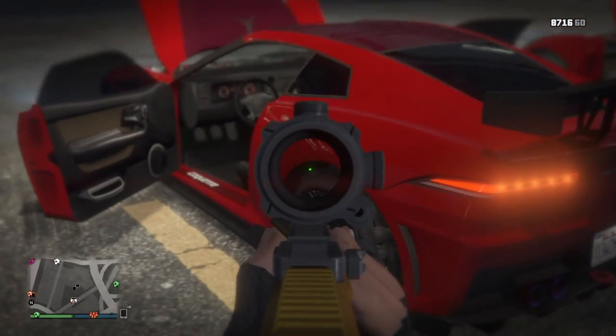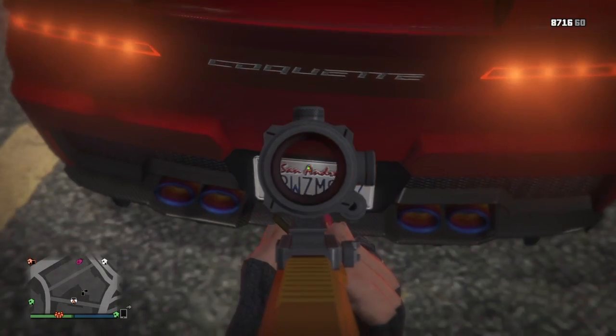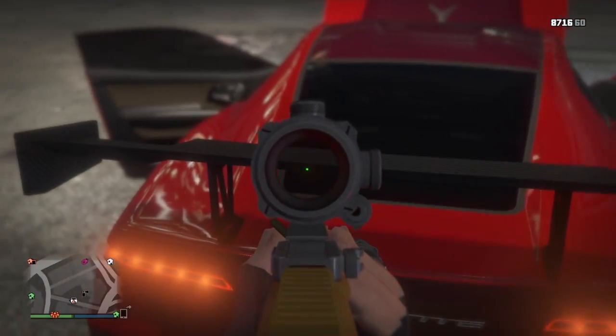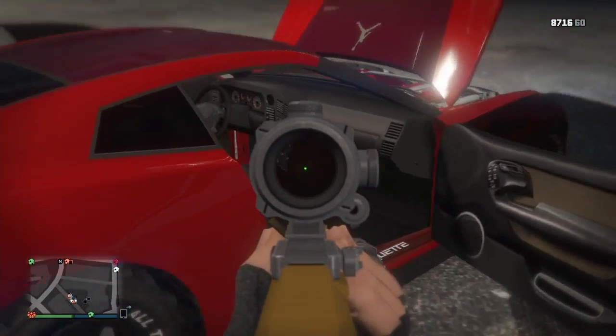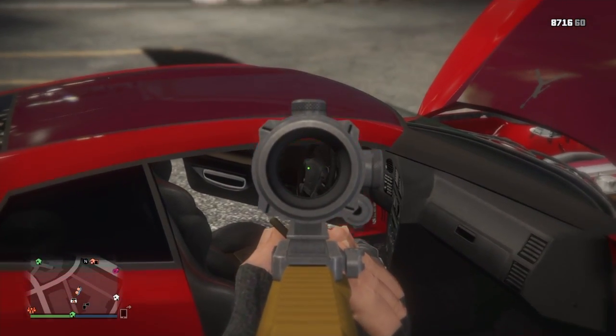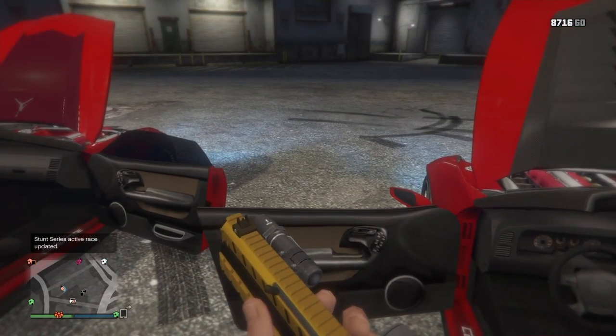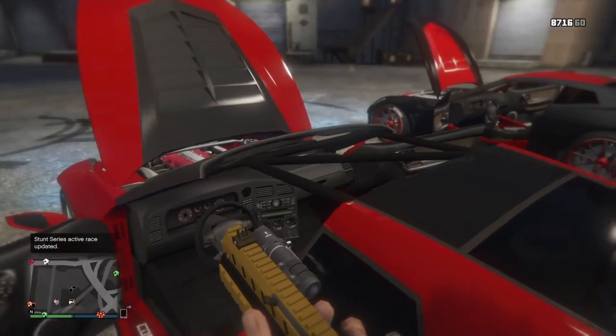The back. Okay, I can't go back here. Okay, the back, license plate, spoiler, inside black seats, and there's a driving wheel. There's the driving wheel, and the other one is